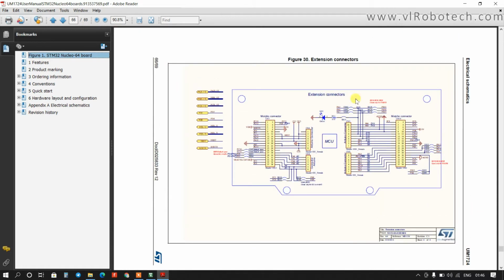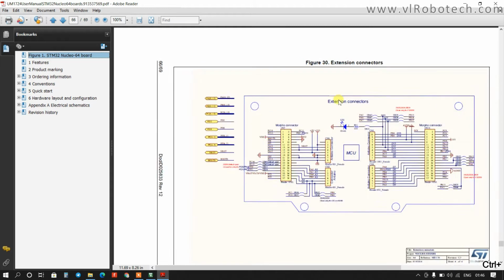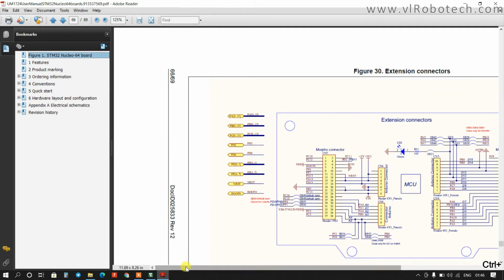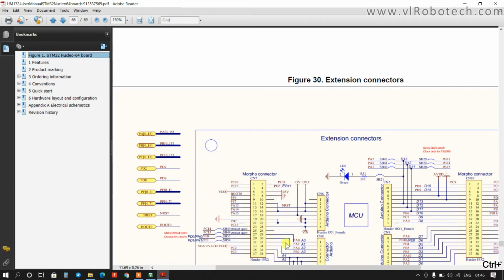Okay, this is the schematic diagram. You can see this LED2 is connected on the PA5 pin. So we have to turn off and turn on this LED. So we have to program for the PA5 pin. I will close this